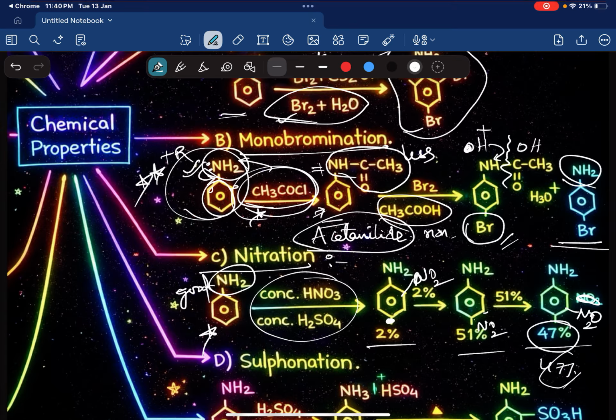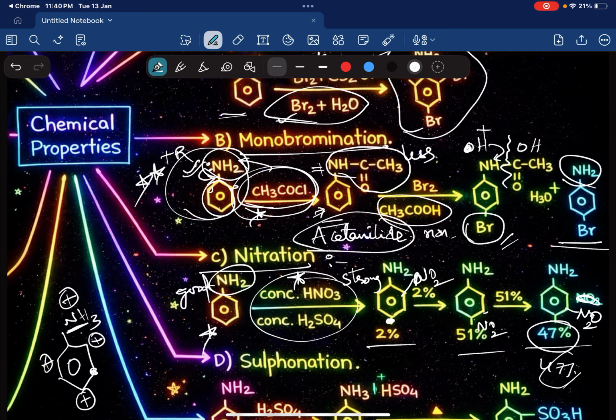The reason is that the nitrating mixture contains strong acids, and NH2 is a Lewis base, so NH2 becomes NH3 plus, which is the anilinium ion. This is a strong deactivating group for the ring. Then the positive charges are formed over ortho and para in the resonating structures. So meta alone